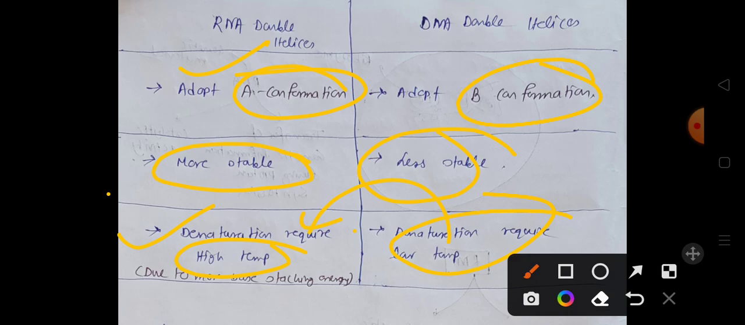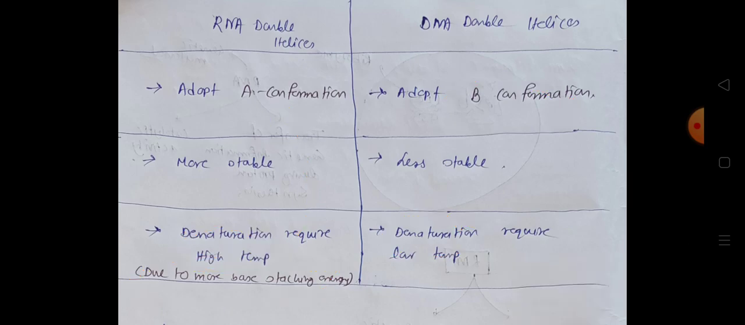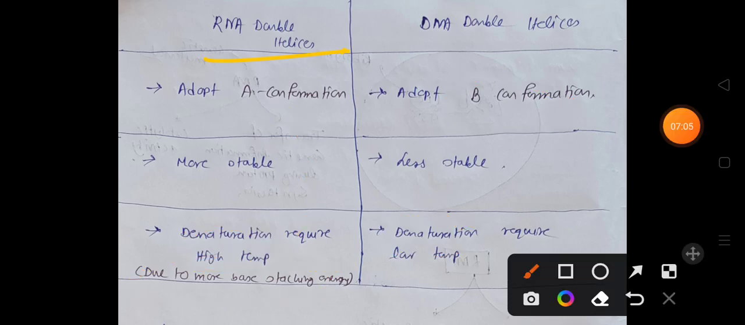Okay, what is the reason behind it? Why does the RNA double helix require a higher temperature for denaturation than the DNA double helix? The idea is more base stacking energy, which is observed in A conformation than B conformation. That's the idea. So the RNA double helix is shorter than the DNA double helix. The RNA double helix adopts A conformation, the DNA double helix adopts B conformation. The RNA double helix is more stable in terms of denaturation by applying temperature, and the DNA double helix in that case is